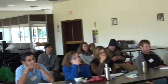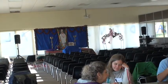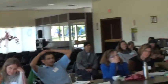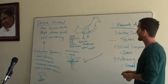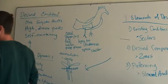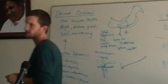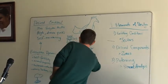Place with eggs. Okay, laying box. Good. So those are some of the things that chickens need. So this can give you an idea of, once you have the needs for the chickens, now let's think about what could possibly provide these needs. What other elements, so what else, what could provide